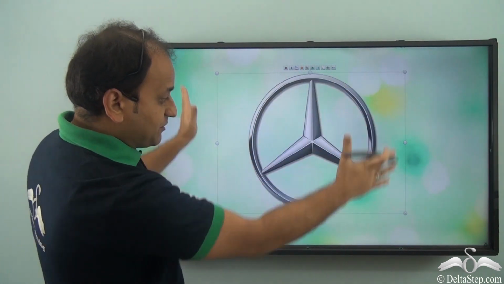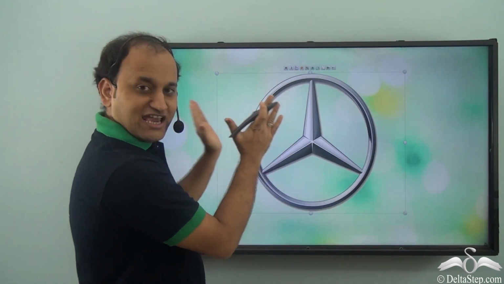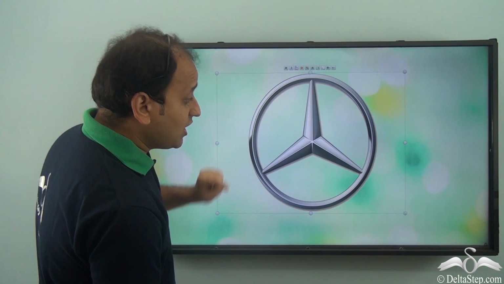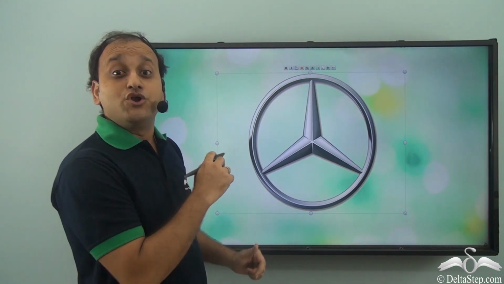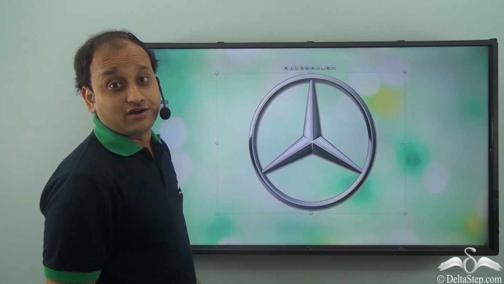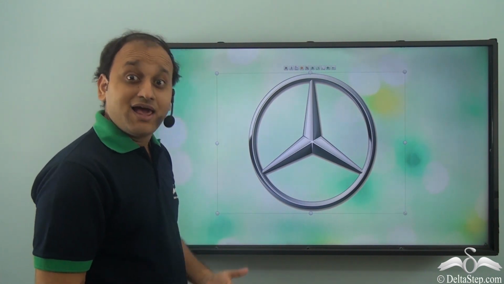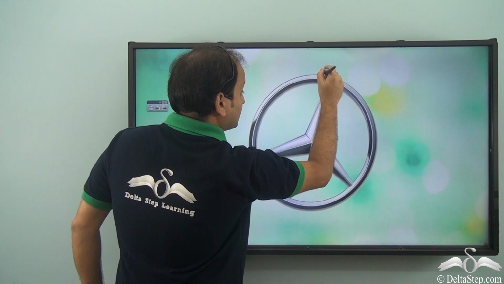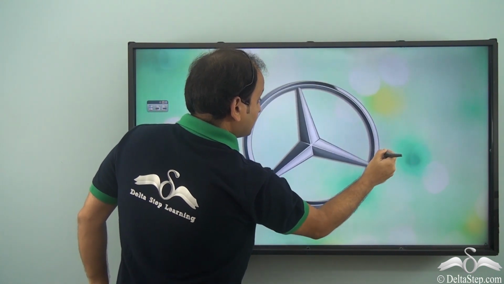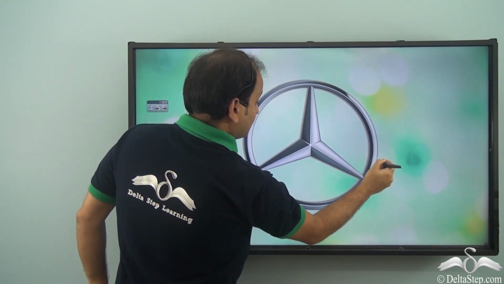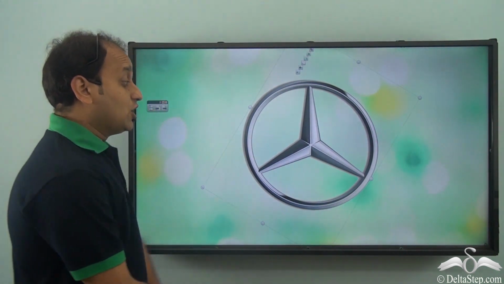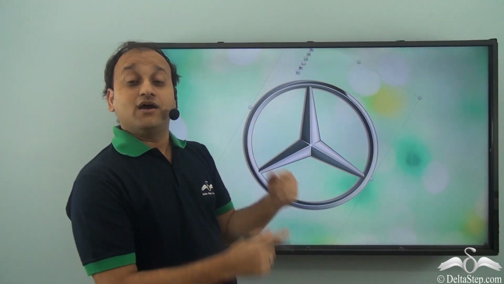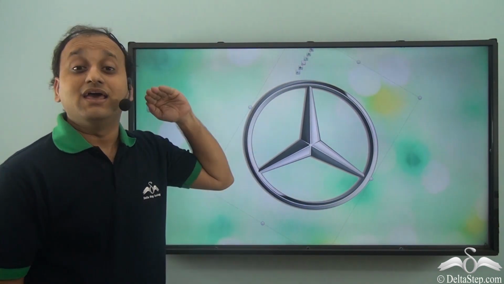So I have this particular position right now, which is the initial position. Now I will rotate it and I will not complete one circle. I will stop in the middle and you will see that this object looks exactly like what you had seen in the first position.